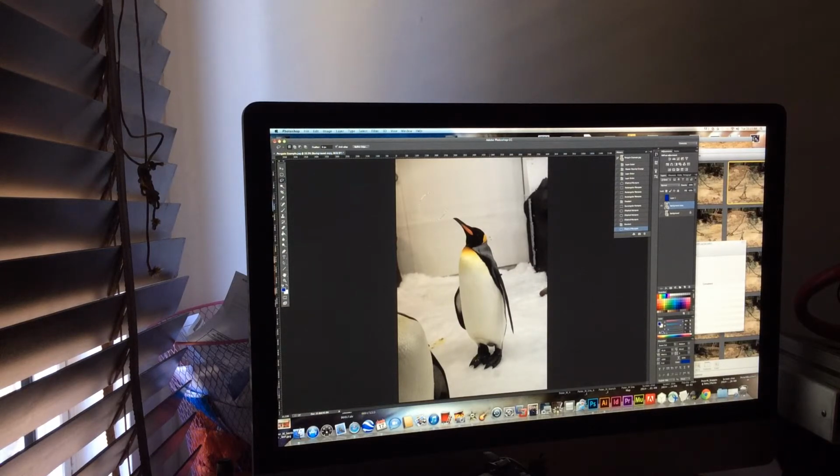Now I can use this tool if I don't want to have a square area or a circular area, I can just draw around the area which I want to select. In this case it's the penguin's head. And as you can see there, I've roughly drawn around the penguin's head, and I can go back and fine-tune these little areas if I want to,